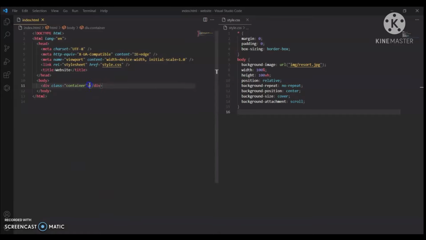Now let's add navigation bar. In other words, navigation bar can also be called a menu bar.